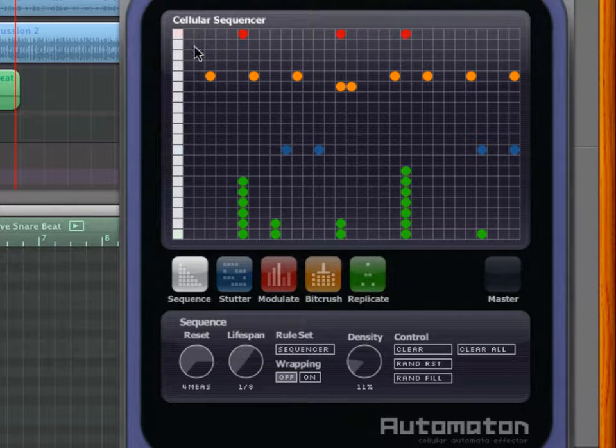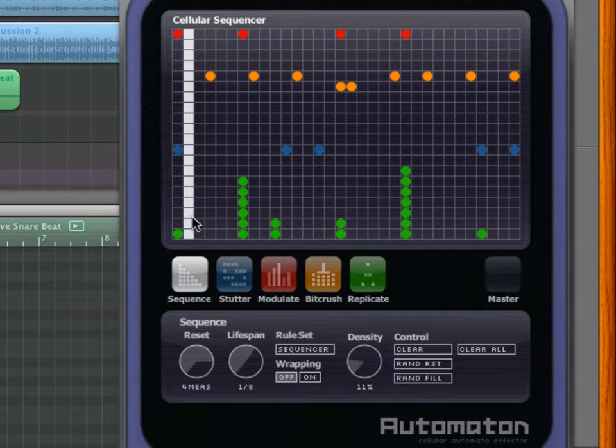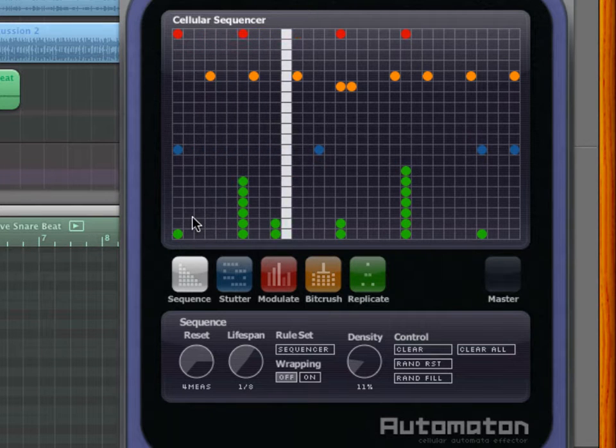In the sequence you see that the white dots are in the foreground, and here you see a knob called lifespan. This means that each white dot is a 1/8 note. And you have to keep in mind that this lifespan now means that we are moving every 1/8 note to the next grid point. And this is also important because this means that every 1/8 note